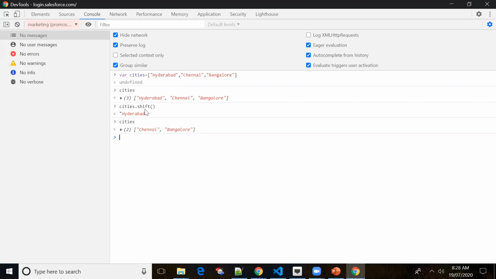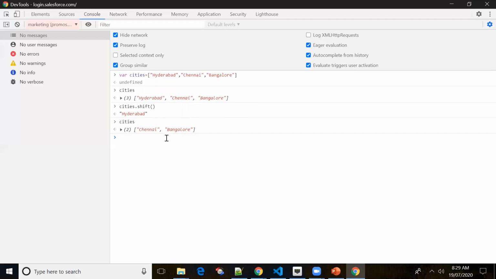So if I use the shift method, the first value got removed because it will start from the beginning, not from the ending. If you go with pop, it will start from the ending. Basically the deletion will happen from the last end of the array, but here it will start from the beginning of the array. So we are able to remove the first value, and it is returning it.